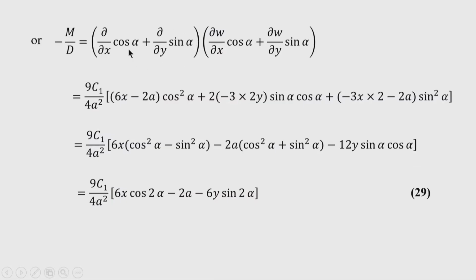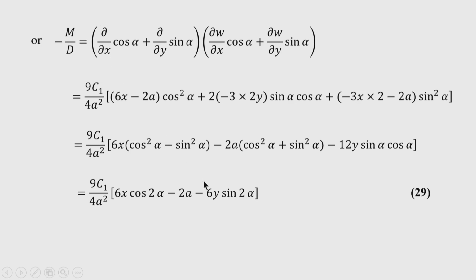So, that operator is written, and this is nothing but the differentiation of w, the deflected surface, with respect to the normal direction. So, this is the derivative and this is the operator, and we get the second derivative. Term by term multiplication, and after putting the values of all the quantities, w that we have obtained earlier, we get ultimately this expression. This expression can be further simplified and written in this form. So, this is a general expression for minus M by D.